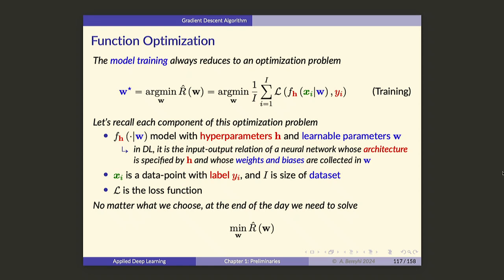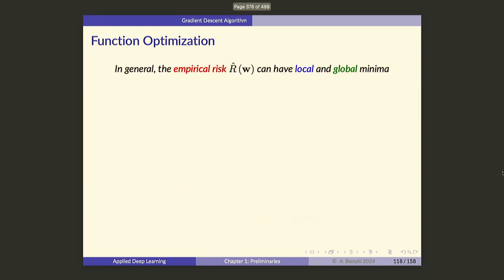So for now, for these remaining slides, you can forget about anything above, and you can only think of minimizing a function. If you do find an algorithm which helps you minimize a function, then you can simply use it for your training, right? So this is why I'm going to stick to that one. So I'm going to stick to this